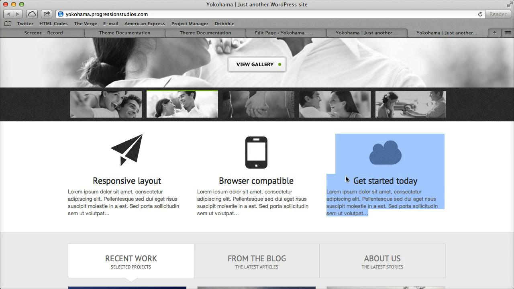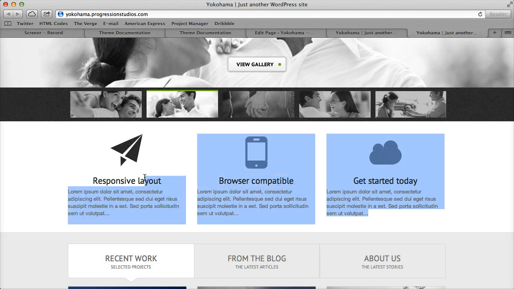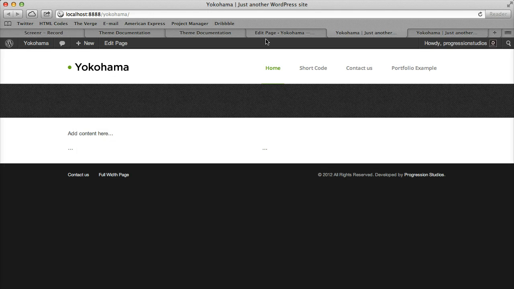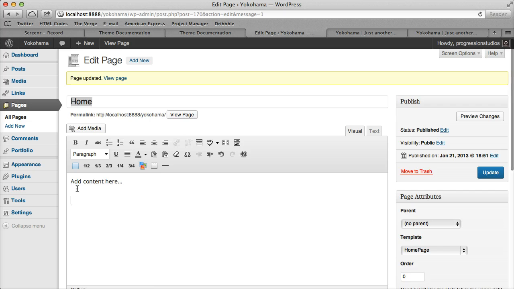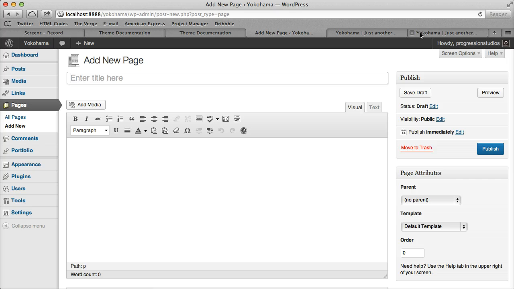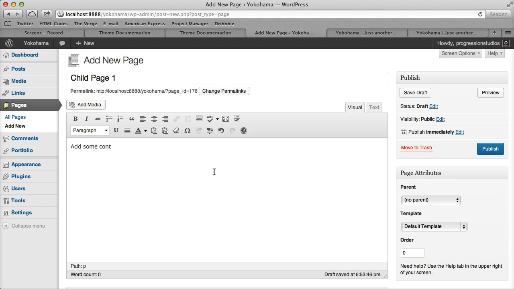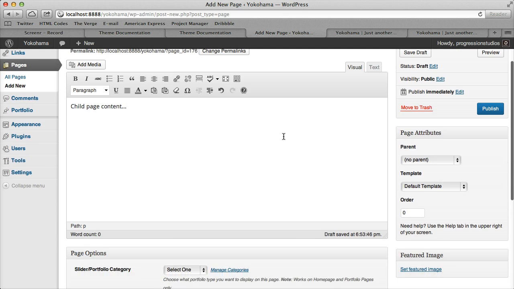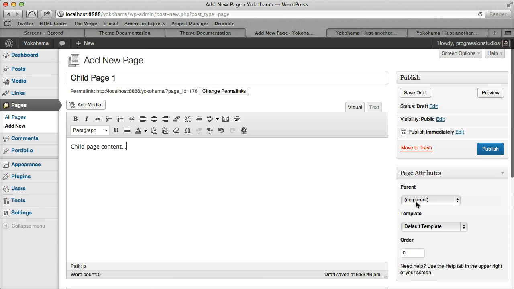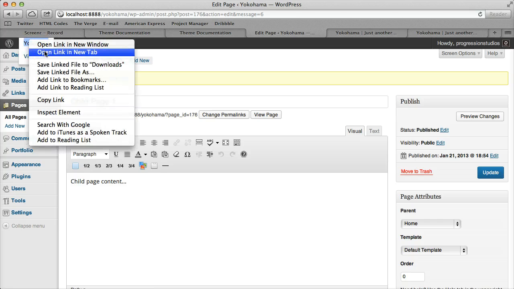You could create this with shortcodes, but a much easier way to format it is, we'll just leave that content there so you can see it, to add a new page, and let's call this first page child page 1, and then add some child page content. Then under page attributes parent, you can select home, your home page. And if we publish it and view our page now,